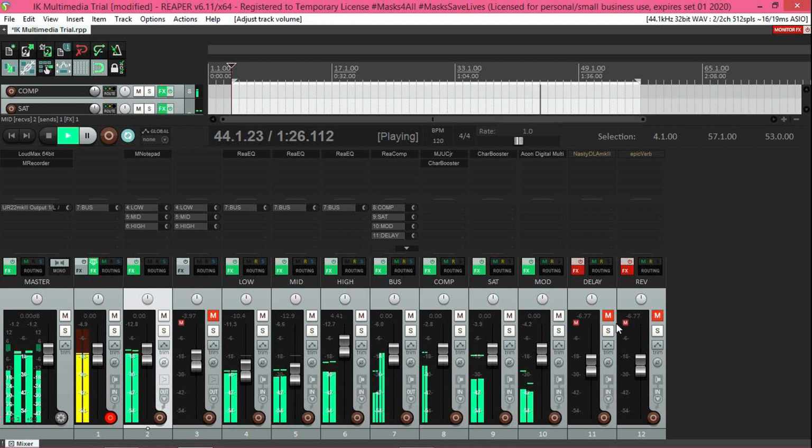Instant phaser. So okay, so let's set it back